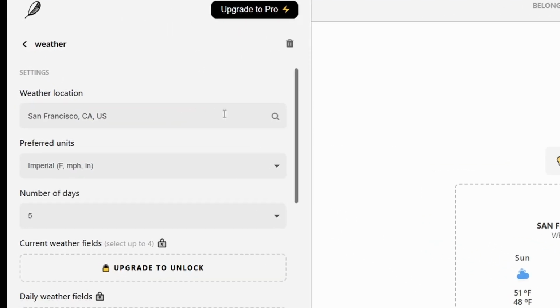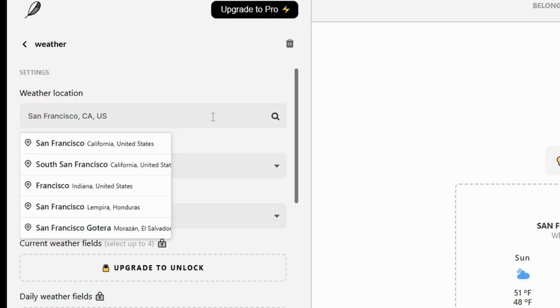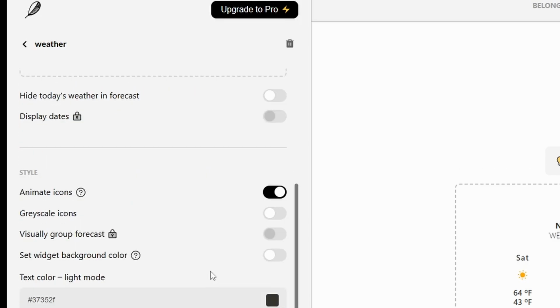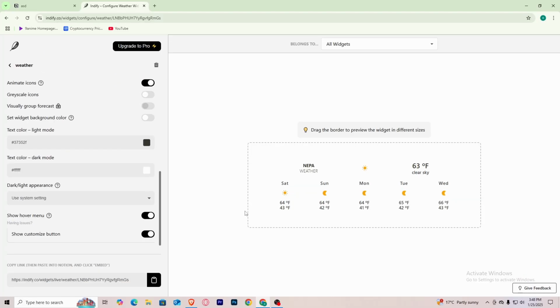Now you can change it. So I'm going to search for the weather of my country. Now you can choose whichever place's weather you want. You can choose the preferred unit, and after everything is done, what you need to do is just copy this